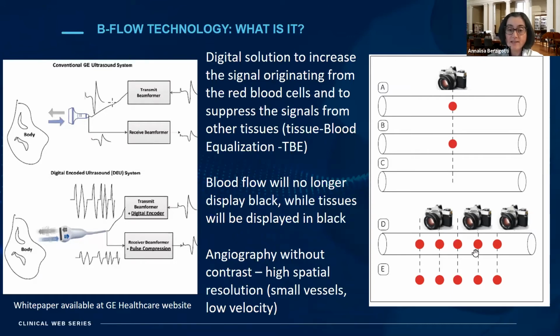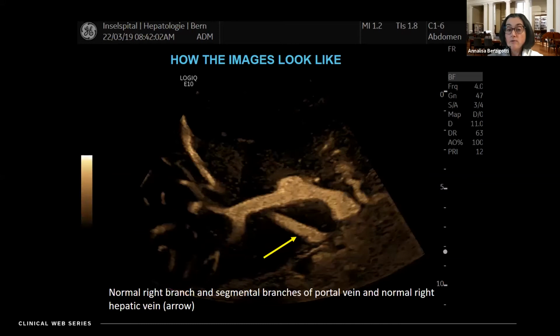So you are equalizing this, and this results in an image of the flow that will be white, or let's say coded in color, and the remaining tissue that will be black. So it will be a bit the opposite of what you are used to looking at in the standard B mode. So it's a way, let's say, to amplify the signal of blood without contrast, using just the standard B-mode signal you would get, amplifying it, and this will result in a sort of angiography without contrast with high spatial resolution. So how do the images look?